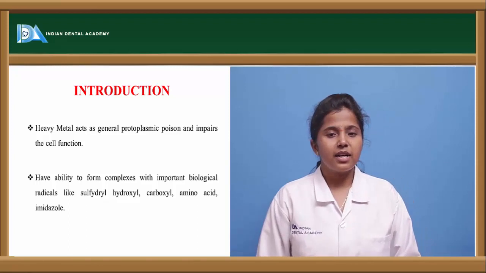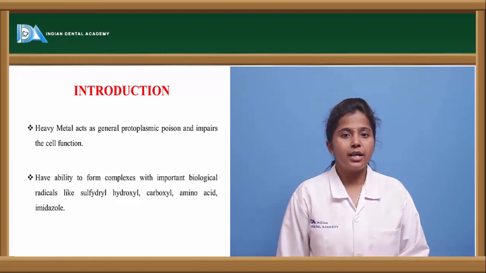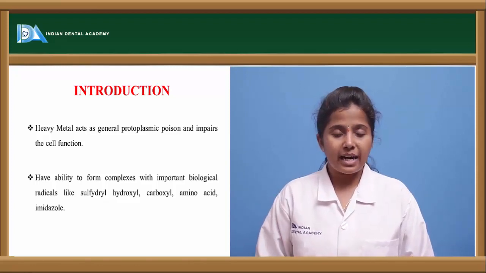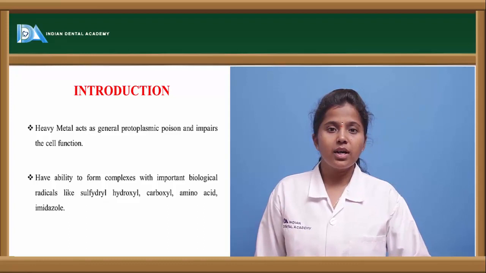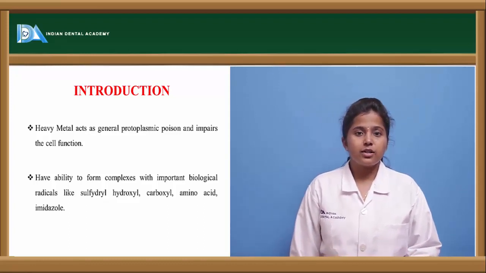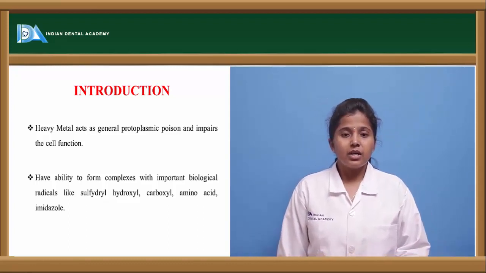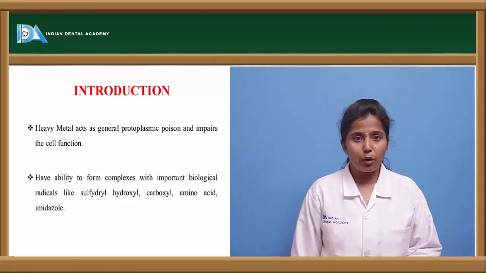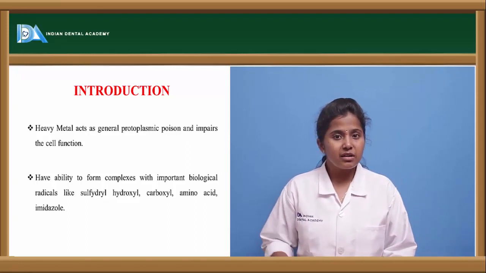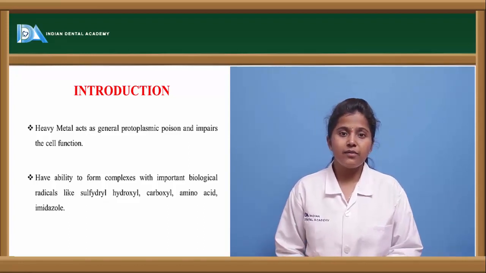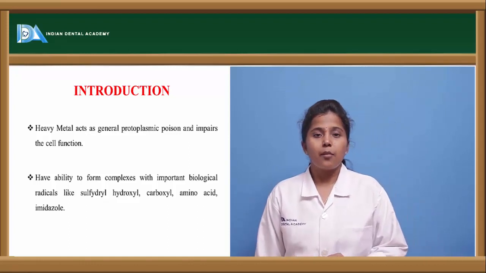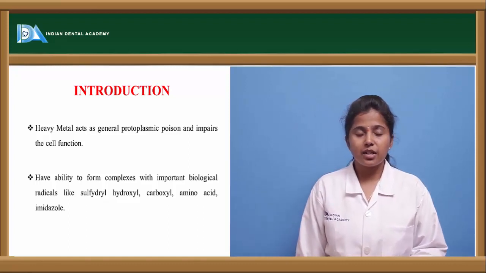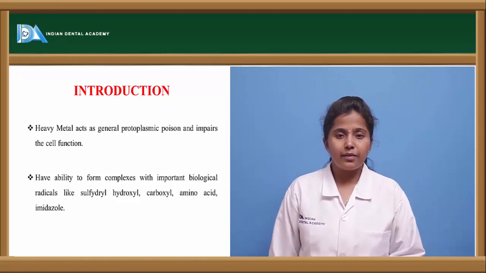What are these heavy metals? Heavy metals are compounds or metal ions which have high density or high molecular weight, like arsenic, cadmium, copper, lead, mercury, etc. These are a few examples of heavy metals. Even in very small doses, or if they are administered by mistake into the body in small amounts, they cause poisoning and very severe effects to the body. So chelating agents are the compounds used in heavy metal poisoning.